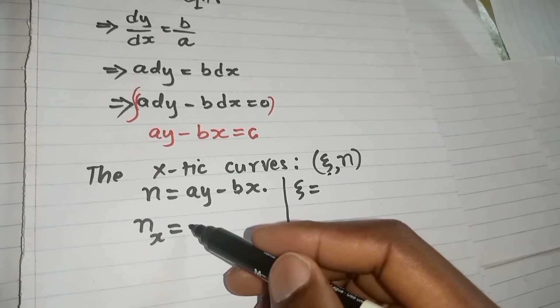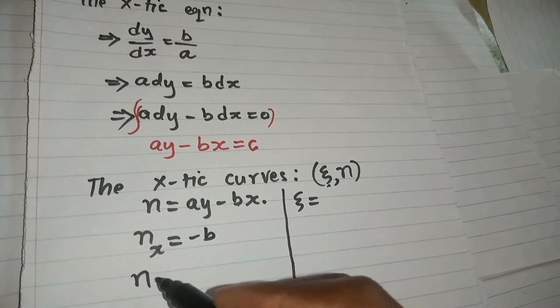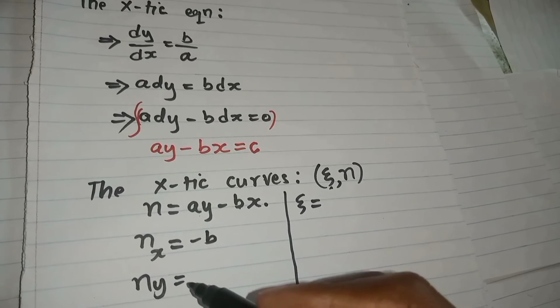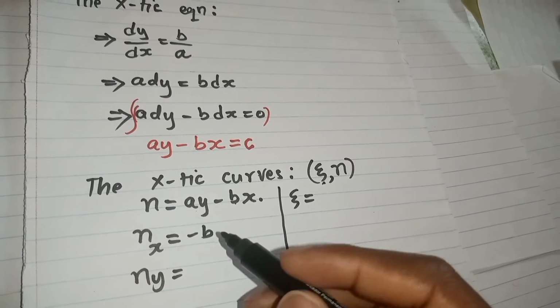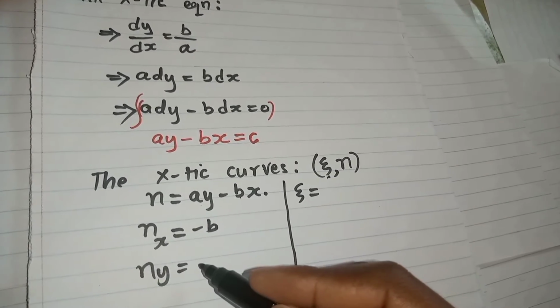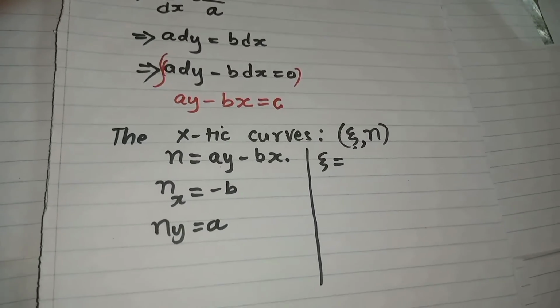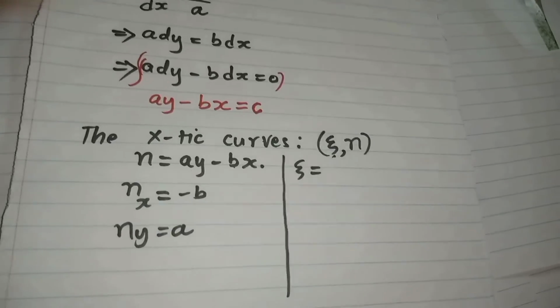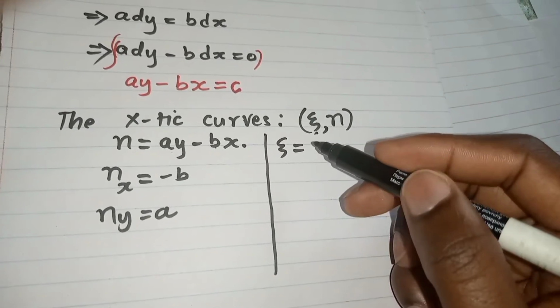So our nu x will be equal to negative b. Then we also obtain our nu y. Our nu y simply means we are going to differentiate this function with respect to y partially. Therefore, once we differentiate this function with respect to y partially, we are going to have a. Then now with these values of nu x and nu y, we can let our xi